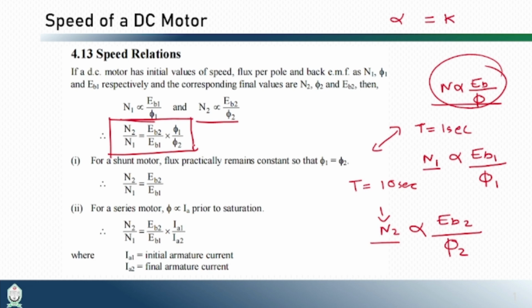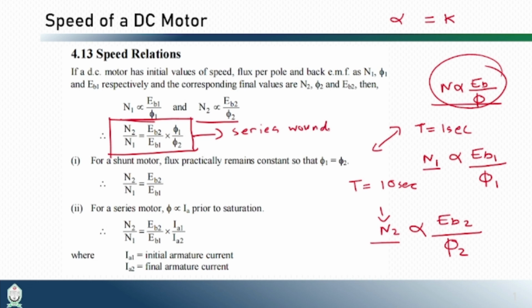I think if you just rearrange it, you will be able to come to this point. So it says that if we are comparing the speed of a motor at two different instances, the speed at the second instance divided by the speed at the first instance is equal to Eb2 by Eb1 into phi 1 by phi 2. Okay, so this statement is true for a series wound motor,